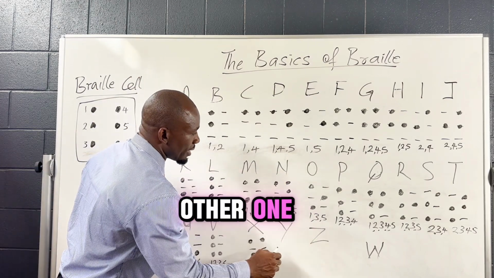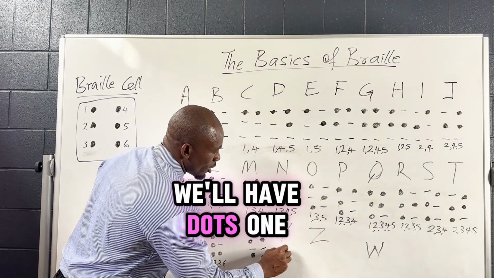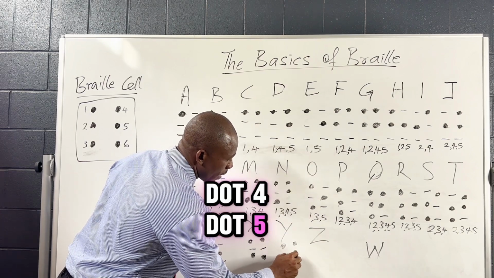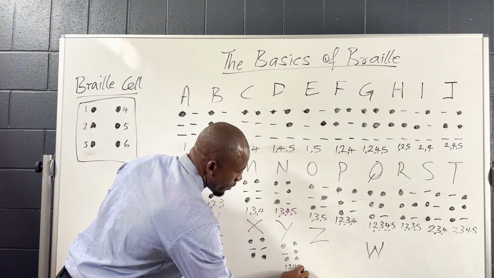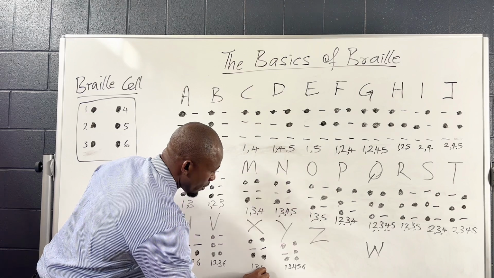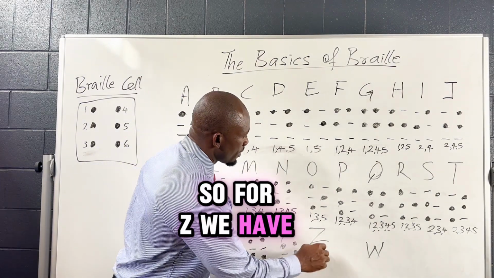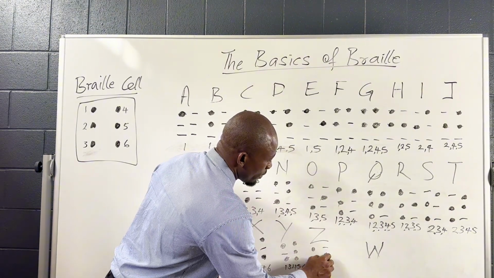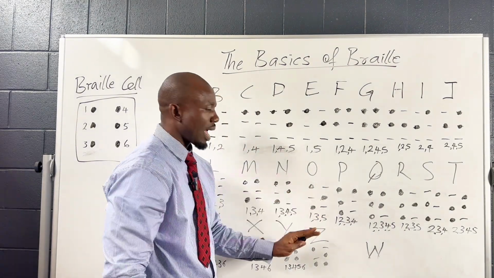So look at this other one. We have the N. And to make the N Y, we'll have dot 1, 3, 4, 5, 6. And this is dot 1, 3, 4, and 6. So for Z, we have dot 1, 3, 5, and 6, because Z is under O. And that will be all,